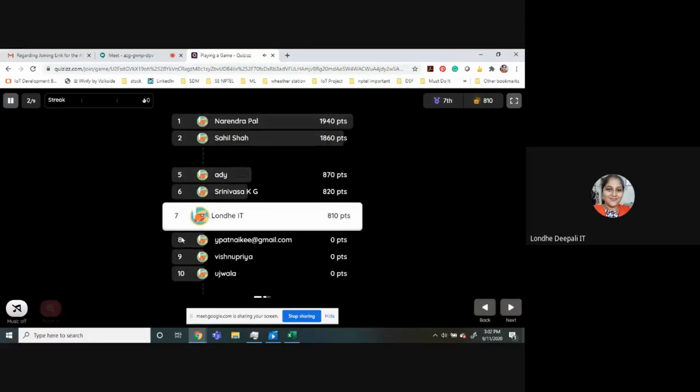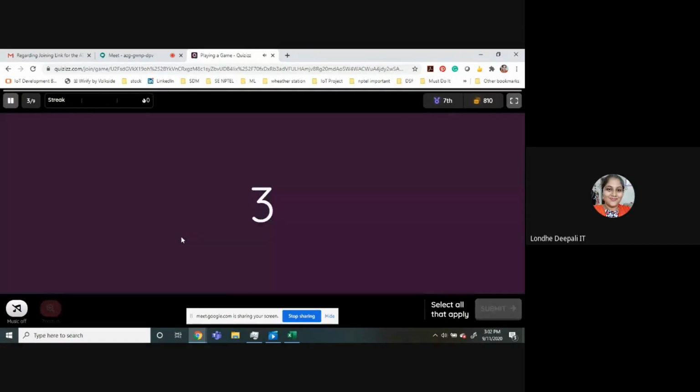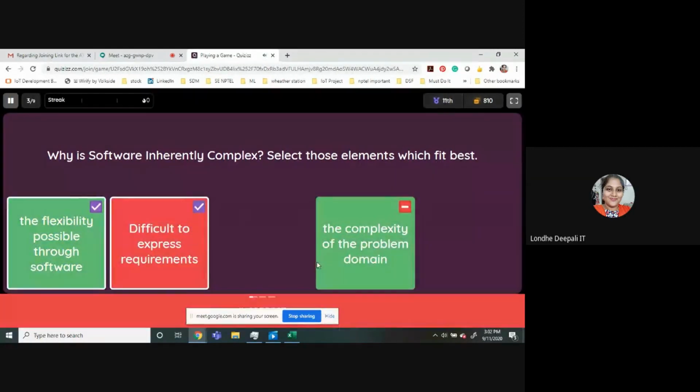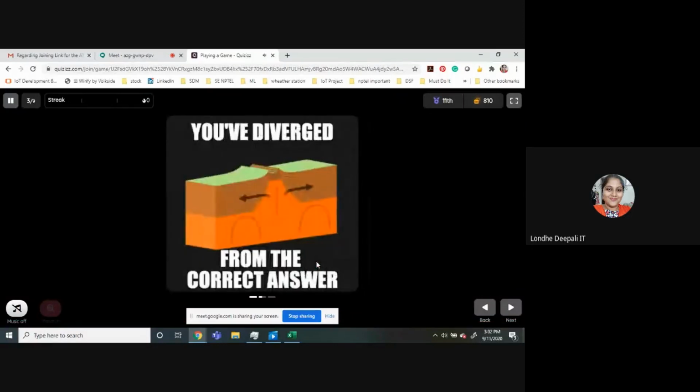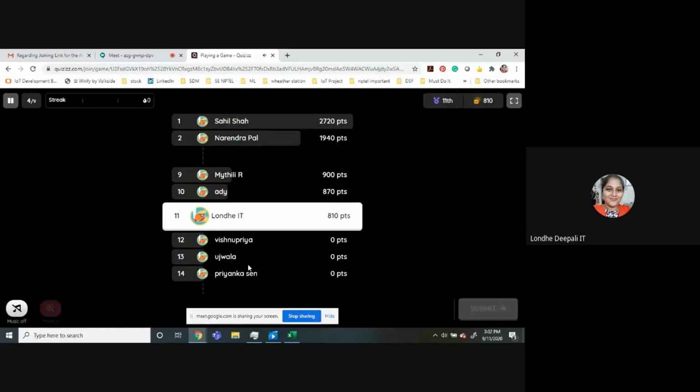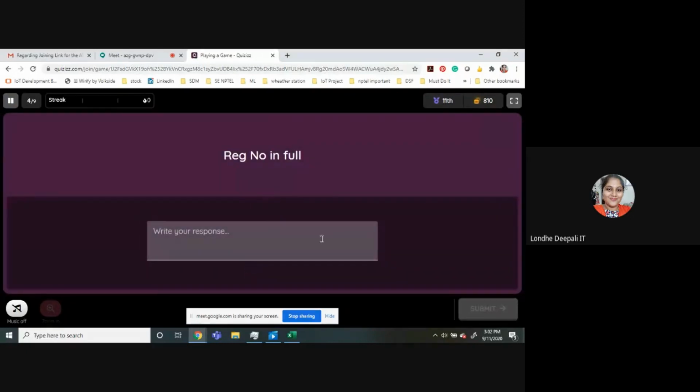If you fail, you are accordingly going to go down in the scoreboard. So these are multiple choice questions like this. You can again see where you stand, and it can give you a very good animation.